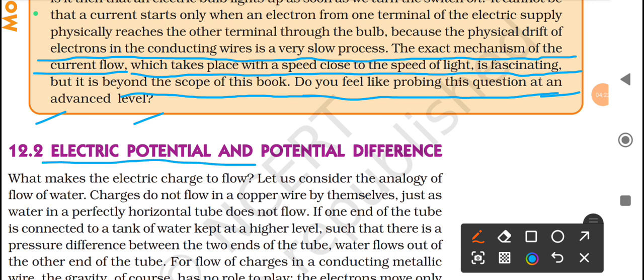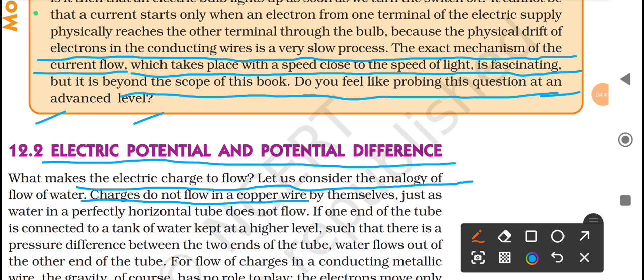Next topic: electric potential and potential difference. What makes electric charge flow? Let us consider the analogy of flow of charge. Charges do not flow in a copper wire by themselves, just as water in a perfectly horizontal tube does not flow